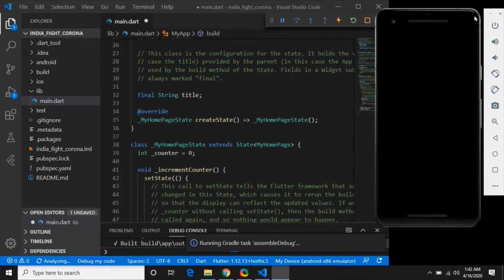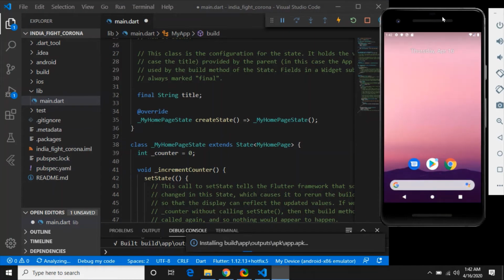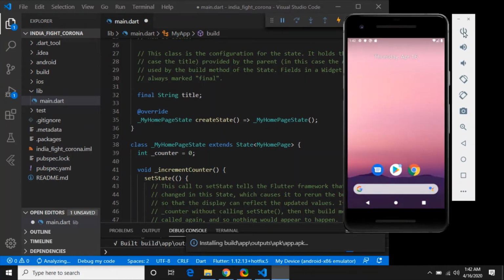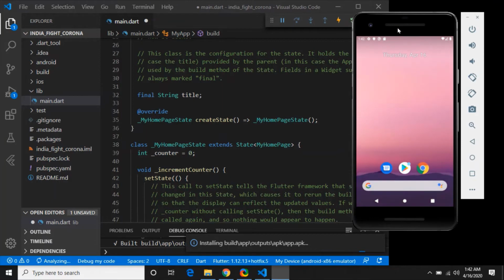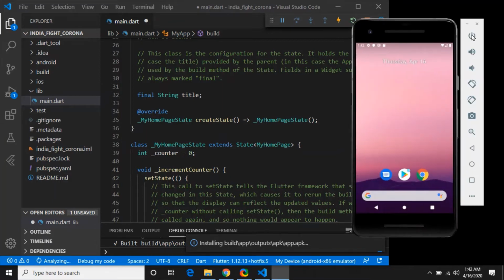Let me see why my app is not running. Yeah, it is installing. Okay, you have to switch on or power on your device. That does not usually happen, but you can click on this and your device will light up.